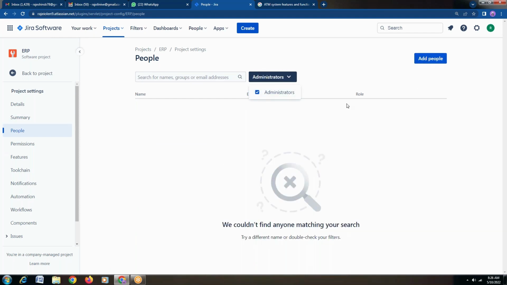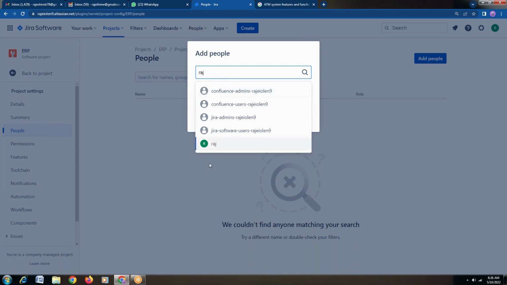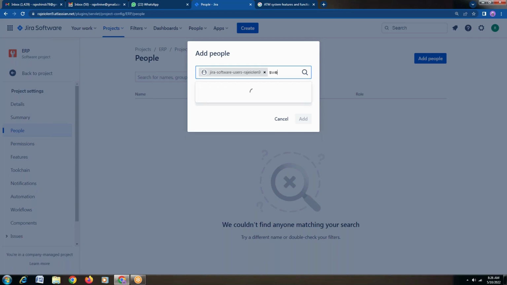Now what we can do here is add people. Simply we can add people here. You have to type the name of the person whom you need to add. For example, you are selecting a person called ram@gmail.com as an invitee. At the same time, we are selecting Raj. Raj is the one we are selecting here, with Software user as 9 selected. At the same time, I have selected one more, Shweta. If there is any name called Shweta, that can also be added here.